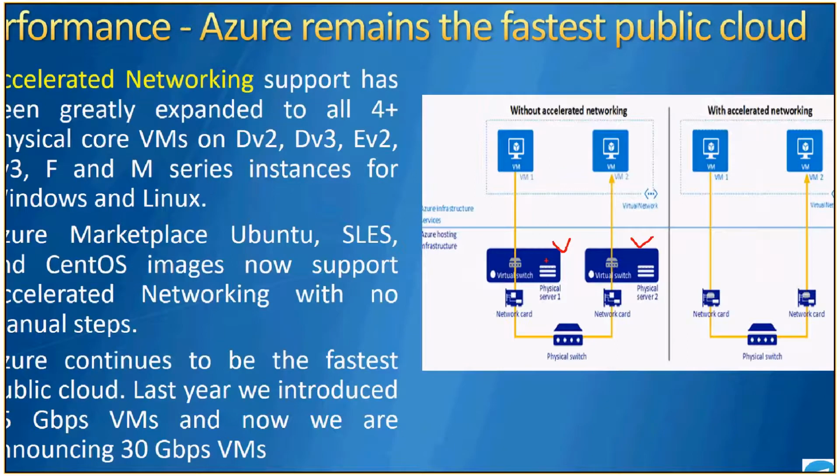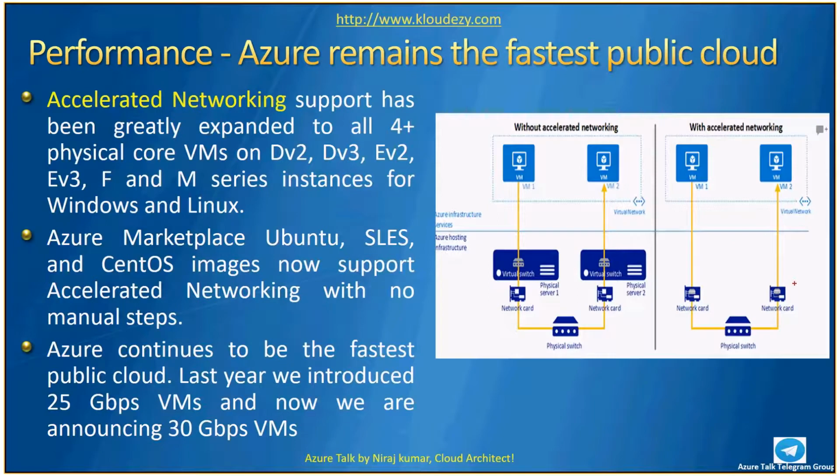Now with accelerated networking, you will not have to go through the virtual switch. Everything required to be done by the virtual switch will be imposed on the physical switch itself. So the network cards don't have to go through multiple hops applying those features and then contact the virtual machine hosted on the Hyper-V server. That way you can reduce the latency, the jitter, and the multiple hops needed to reach those networks. Now, what is single root input output virtualization that I'm talking about?